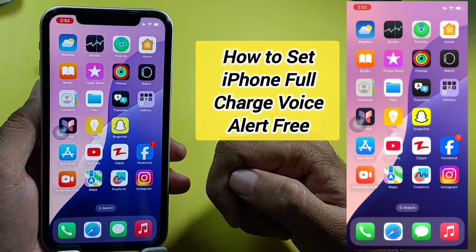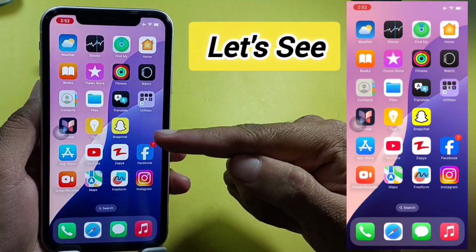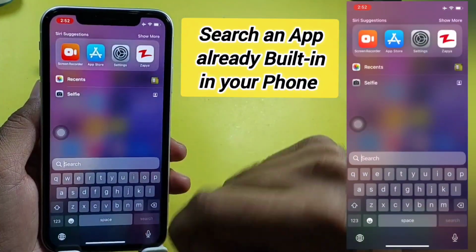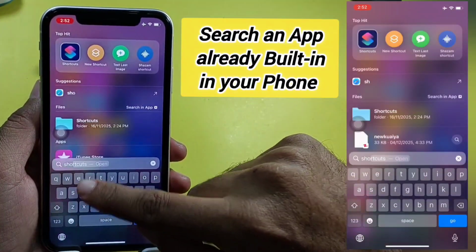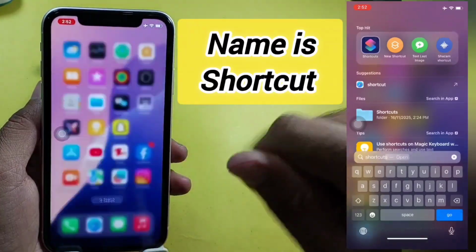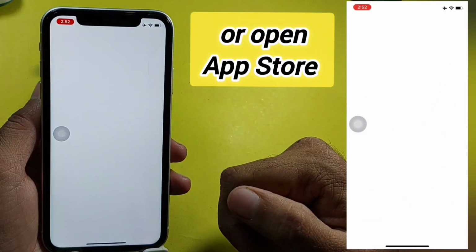How to set iPhone full charge voice alert for free. So let's see. Search an app already built in your phone. Name is Shortcut. Or you can open App Store, search Shortcut,